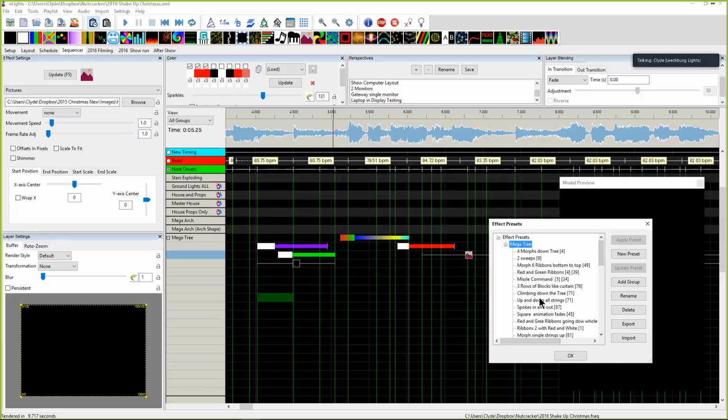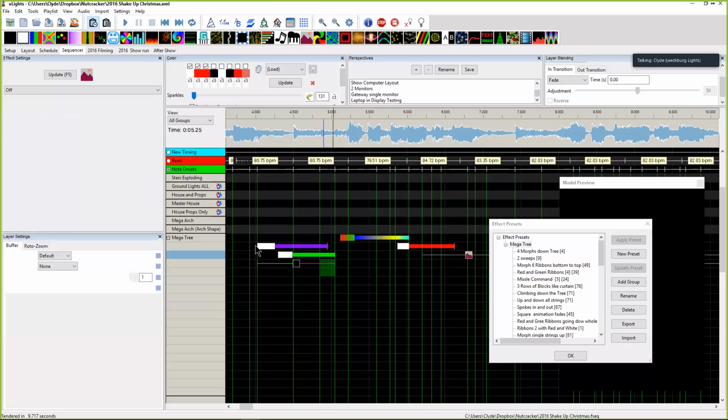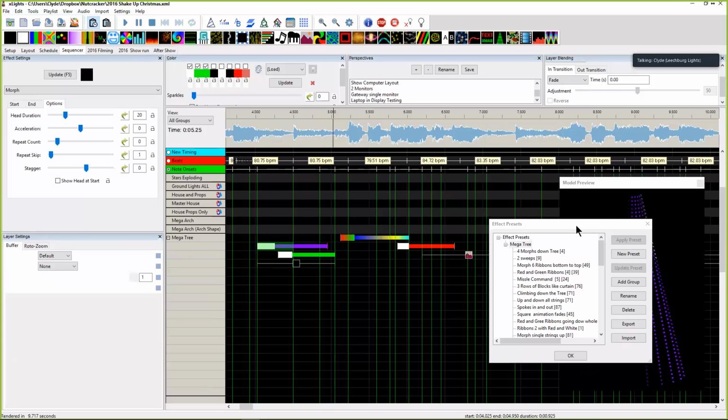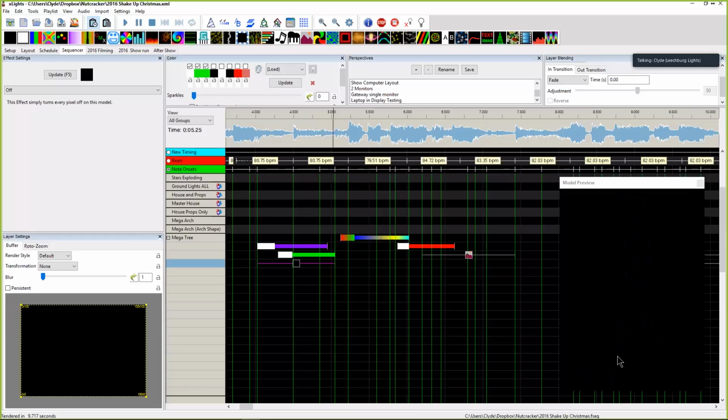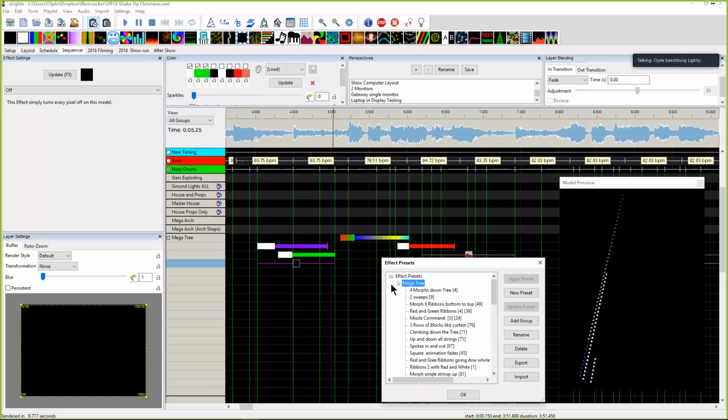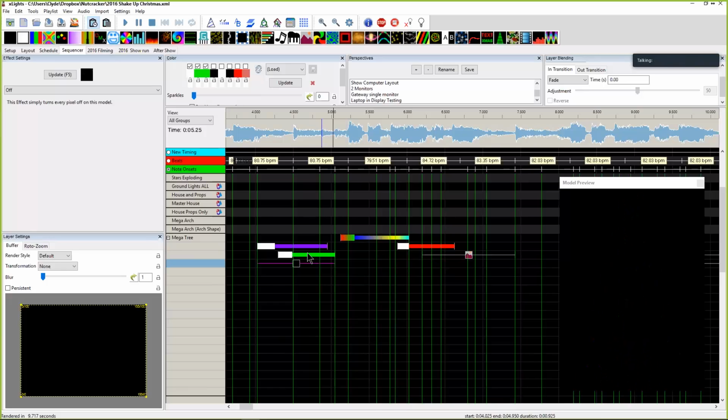But after you do this a lot, you can begin creating your own effects or saving your own effects. Therefore, you don't have to recreate them. I actually find it easier just to recreate them because I know what I want to do and I know how the tool works. So once you figure it out, it's a whole lot easier. But let's say, for example, I wanted to save this as a shortcut. I like what this does. This is a neat effect. So I want to save it. And to do so,